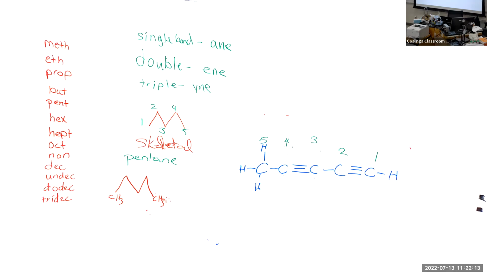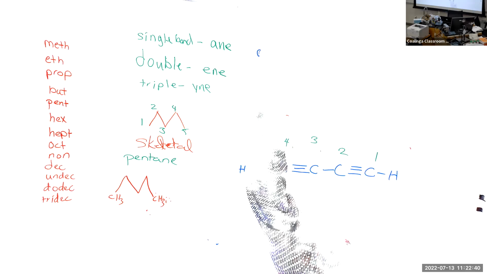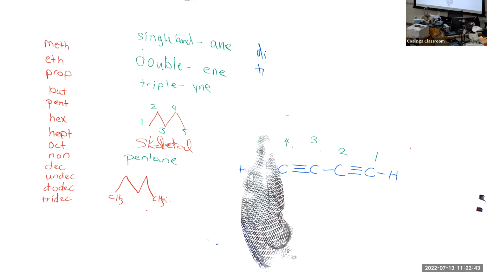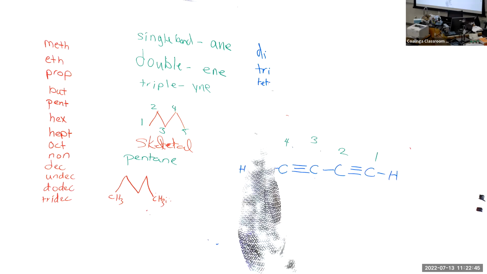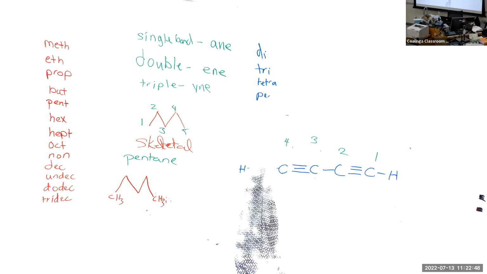Here we have 1, 2, 3, 4. If we go the other way, we go 1, 2, and we're on the second triple bond. So 1 is less than 2, so we're going to start counting from this direction. Okay, so we have two triple bonds. When we have two triple bonds, we have to use another set of prefixes. We have di, tri, tetra,